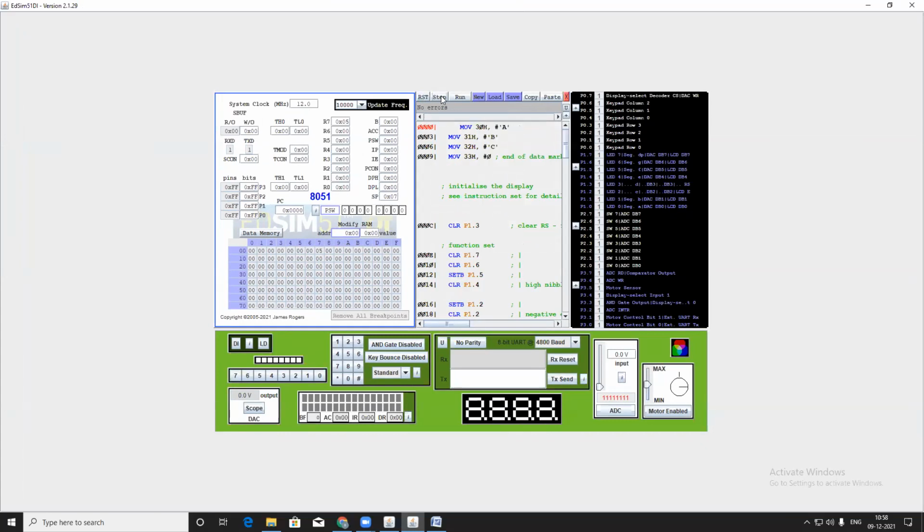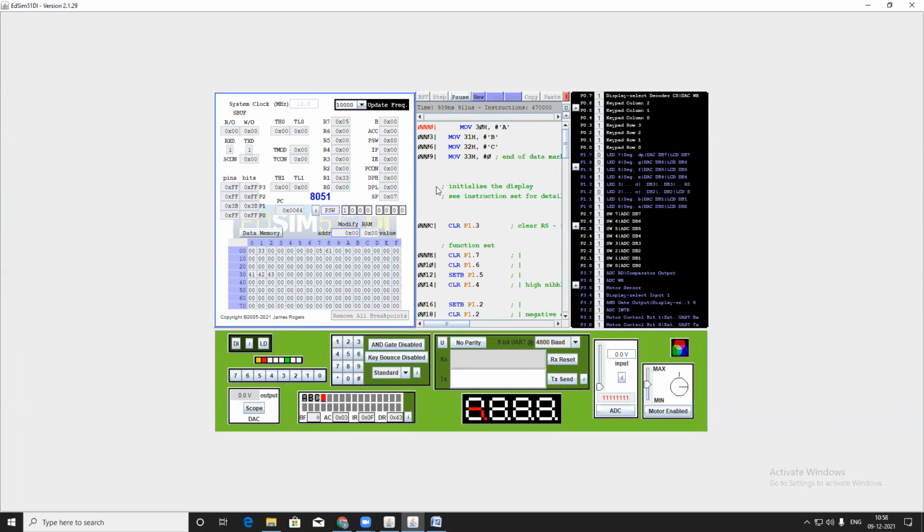Assemble the program. The program will run. Then after that run the program. See this is the display. In the display you will get the values. After running the program, this is the value of ABC. You will get the value of ABC. You can see this is the value of ABC. This is the program.